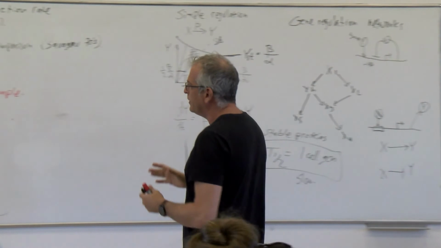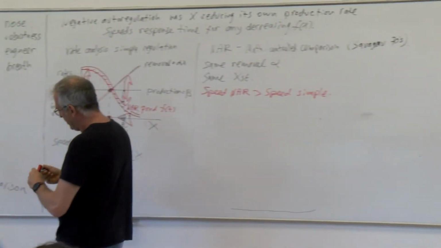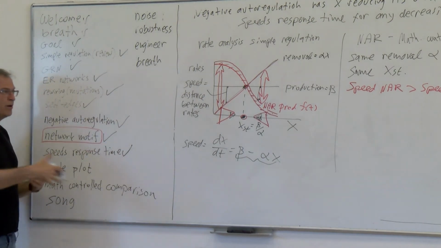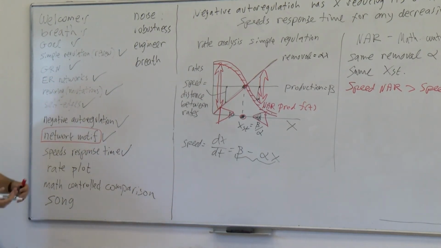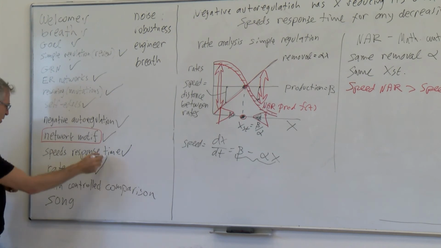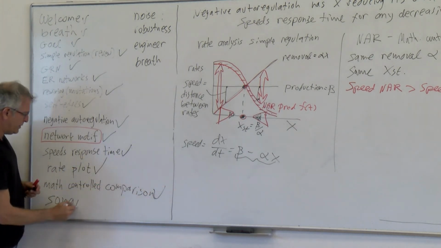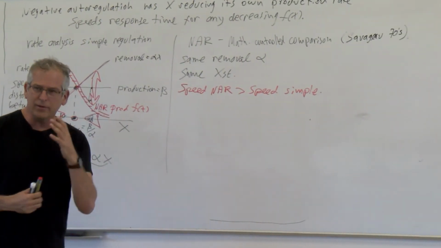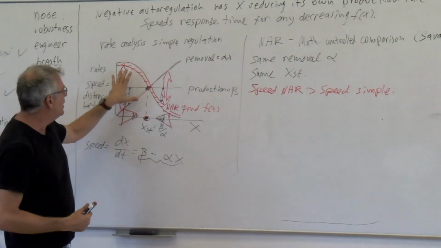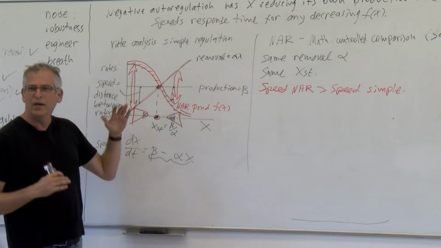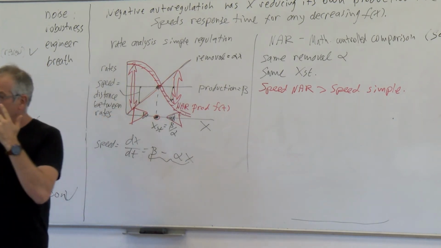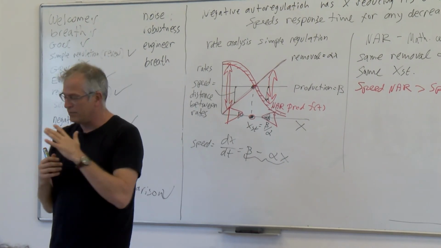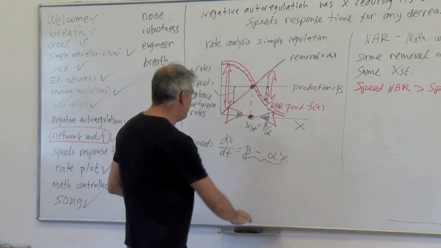Listen, so we know that this network motif has a useful function. It speeds response time without carrying the cost of increased degradation and production. And we looked at the rate plot, mathematical control comparison. Let's look at another benefit that this has. This little plot here is going to be very convenient for us because now we can play graphically with other situations that happen in biology and see what these circuits do. So this rate plot is useful for us. Our next topic will be